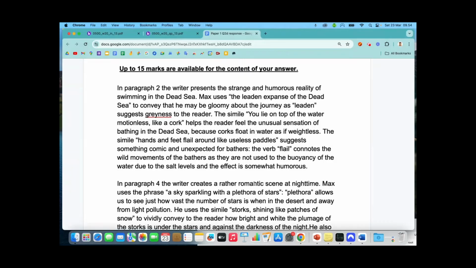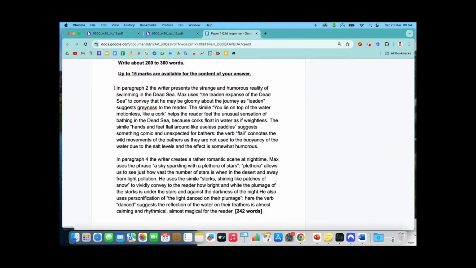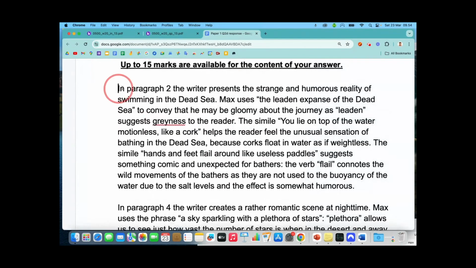Right, before we look at the next paragraph, let's just have a look at what we're doing here. Let me zoom in. What you're going to want to do, in this first sentence for each of the paragraphs, is give a sense of an overview, i.e., what's the mood, the atmosphere, what do you think the writer is trying to do? That is in the mark scheme, and the examiners really are expecting that. So, sentence 1 must cover the sense of what's going on in this paragraph.